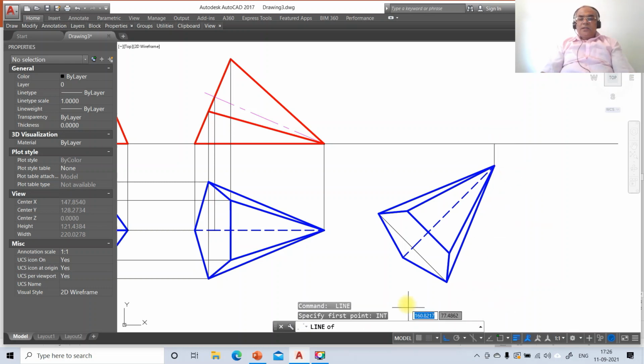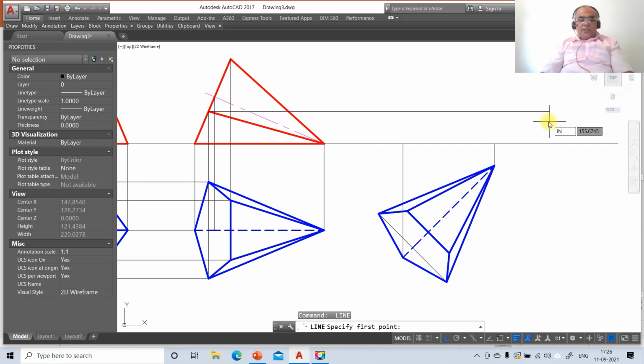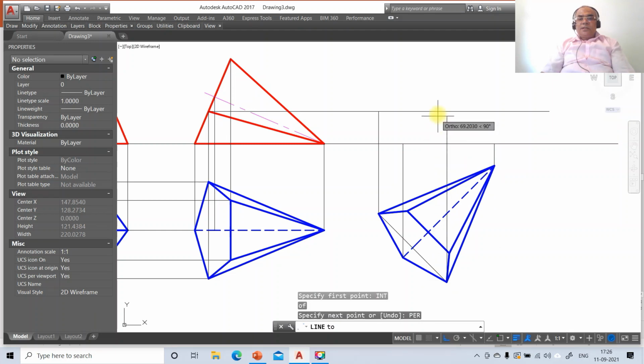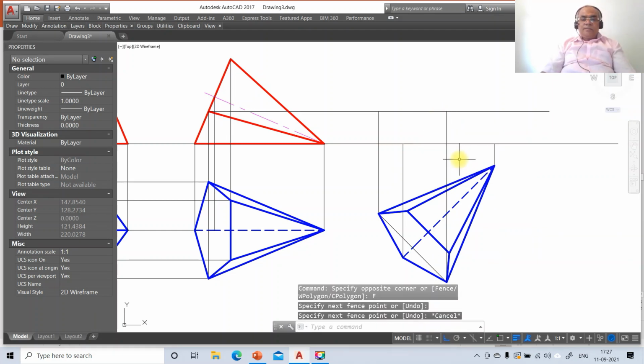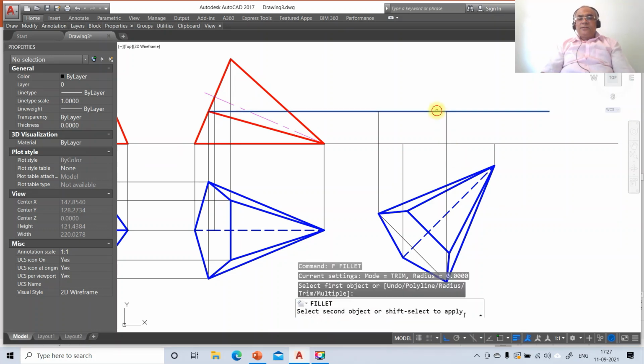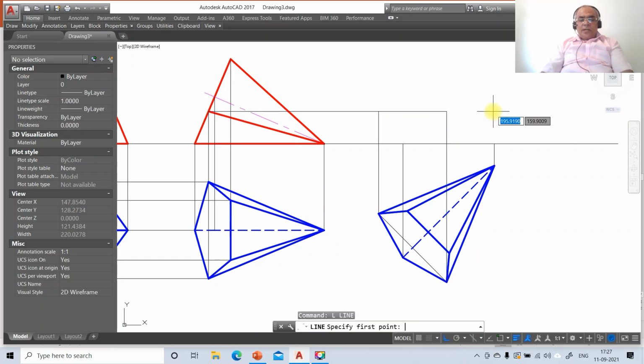Then go to line, take int of this and draw perpendicular to this. Then go to line, take int of these two, then you take these two lines now from here, take perpendicular to this line, then go to line, take int of this and draw perpendicular to this line. Then again go to fillet between these two now. Then go to line, take int of this